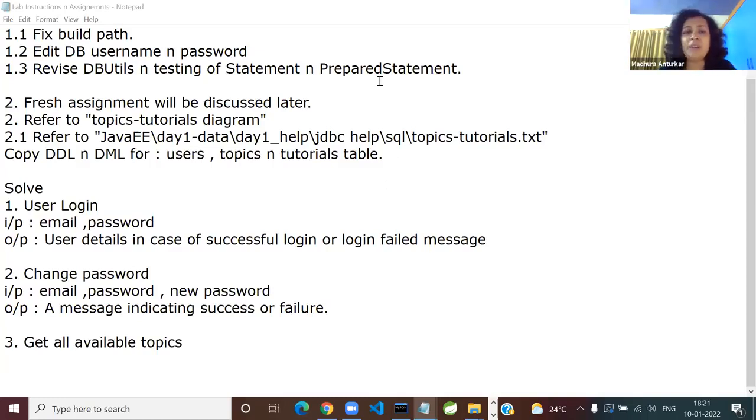One more question before I log off. Has ma'am discussed? Okay, forget it. Do you know about a DAO layer, data access object layer? Have you heard about it? DAL, data access layer in the backend, Express and all that? You've not done the layering. Okay, fine, no problem. We'll do the layering tomorrow.